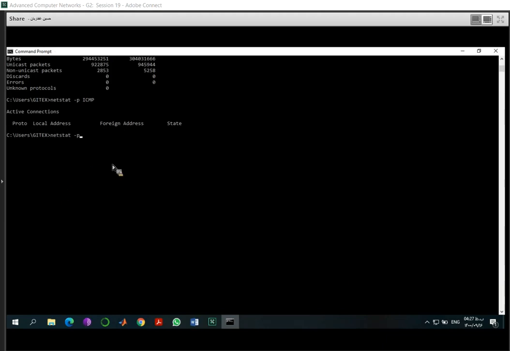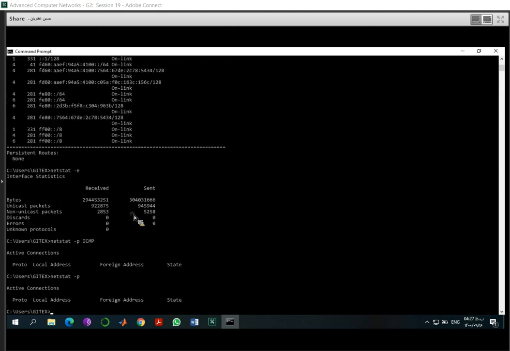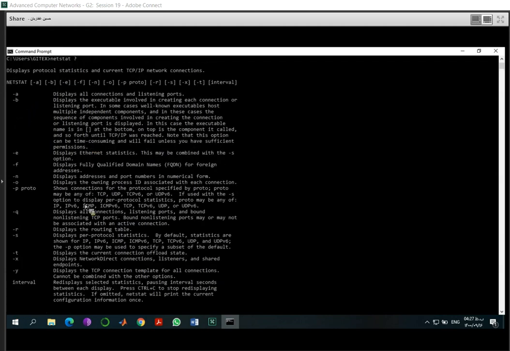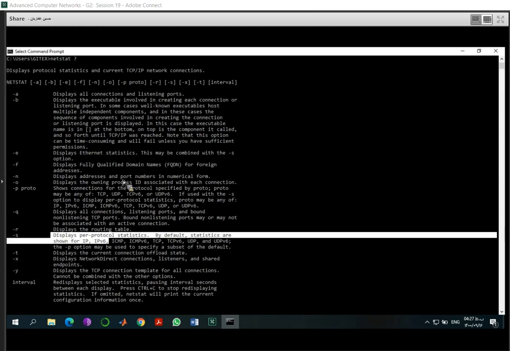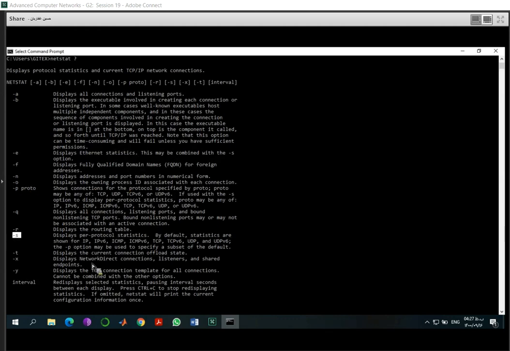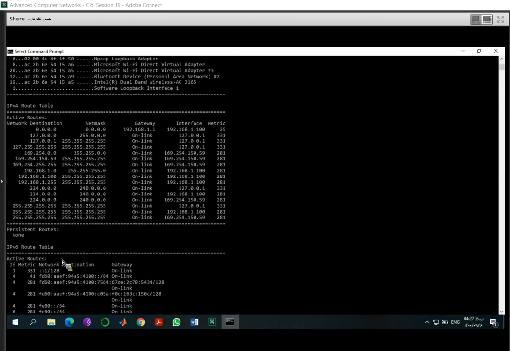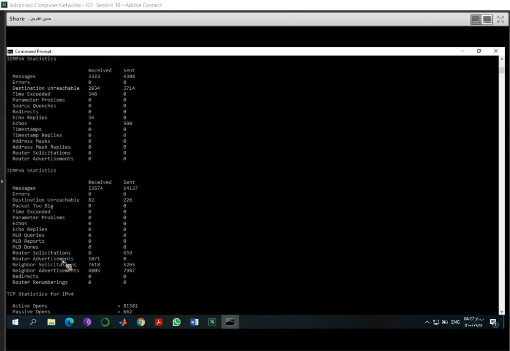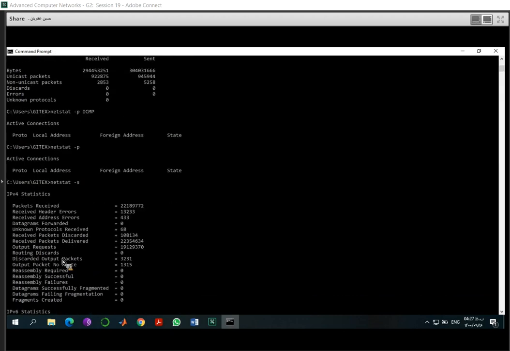We have several ICMP packet types: error, destination unreachable, time exceeded, parameter problem, source quench, redirect, echo replies, echo timestamp reply. You can see them here. You need to read about ICMP on the internet to learn more about this.